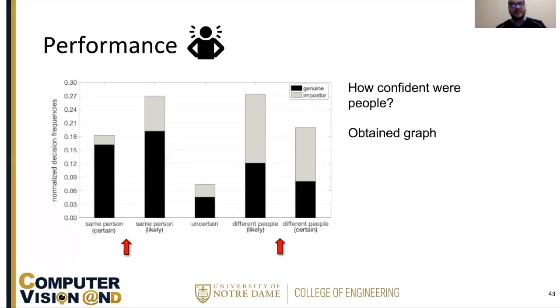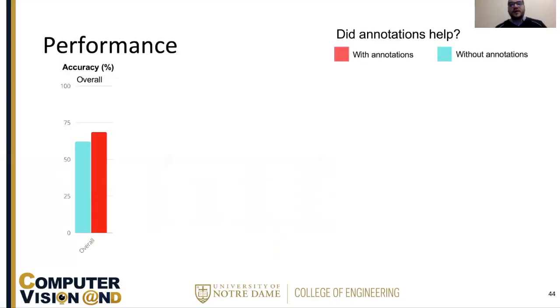So yeah, sometimes people were really certain and really confident with their answers, but they were really wrong. This is something interesting to see. And also, in terms of how session 2 helped and how annotations helped, this is a question: people in the first session were only given their opinion, then in the second session they were annotating. Did it help? Overall, as you can see here, yes, in red, the times people were providing annotations, they